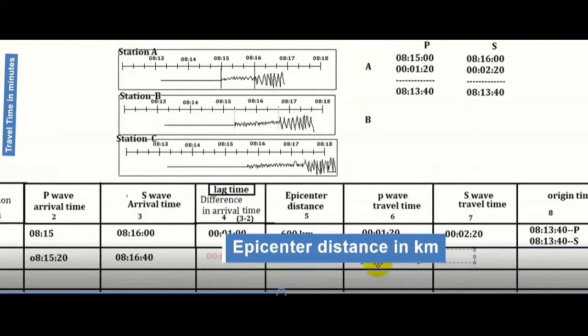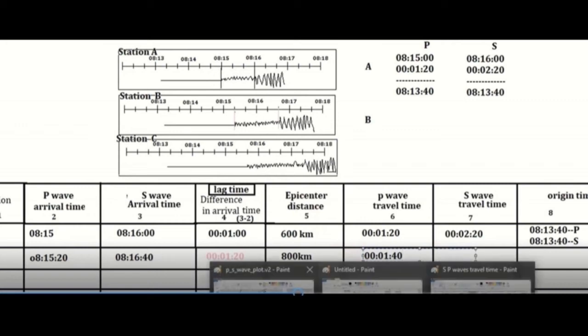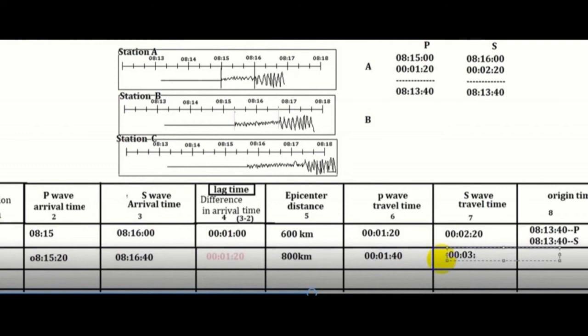The P wave traveled 800 km in 1 minute 40 seconds at station B. The S wave has traveled 800 km in 3 minutes.